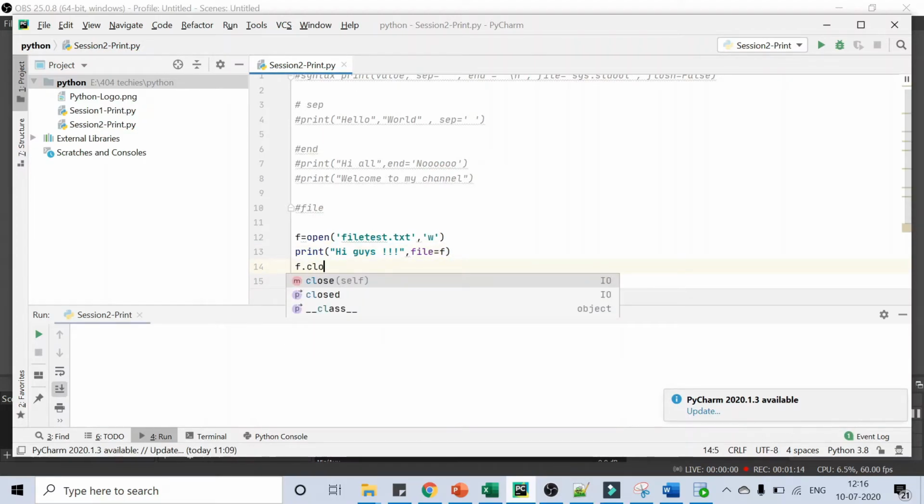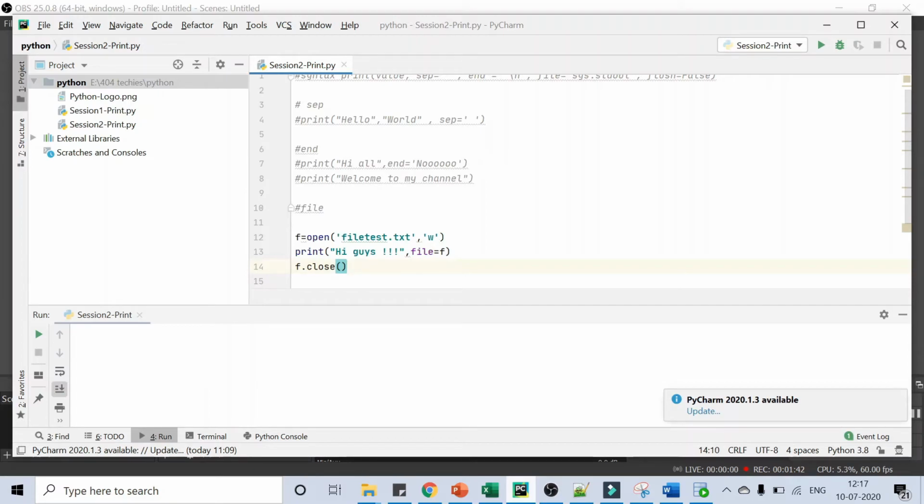Finally, I'm closing that file. So what I'm trying to do is create a new file with the name file test.txt in write mode, then print this content, hi guys, into this file we have created, and finally close that file.